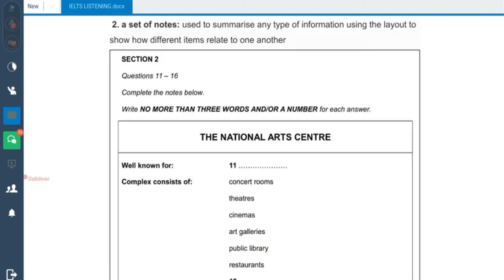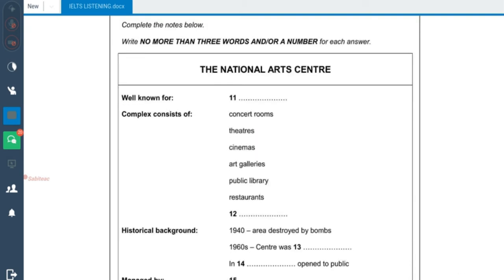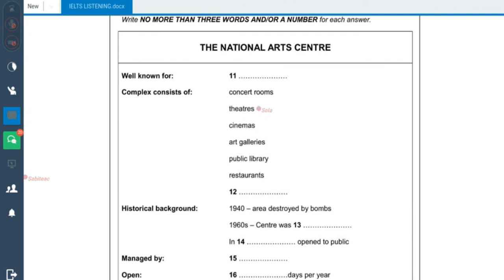All right. So this one is a set of notes. The instruction says complete the notes below. So look at these notes. You are just listening to fill the missing words. The speaker will say something like, the National Arts Center is well known for, but you have to realize that the speaker